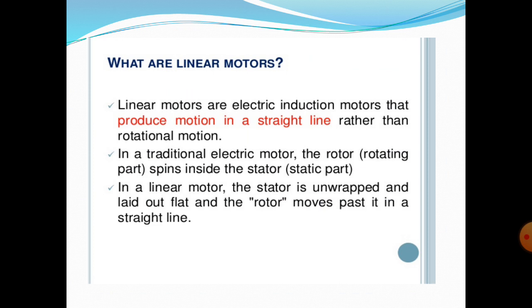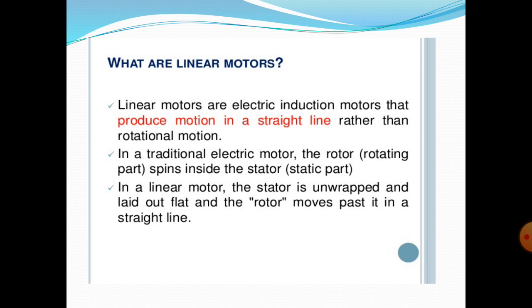A rotating electrical machine is one in which an electromagnetic torque produces rotary motion, called REM. And LEM, linear electrical machines, is one in which an electromagnetic force produces linear motion of the machine. That means the fundamental operating principles of an electrical machine can produce rotation or circular motion.